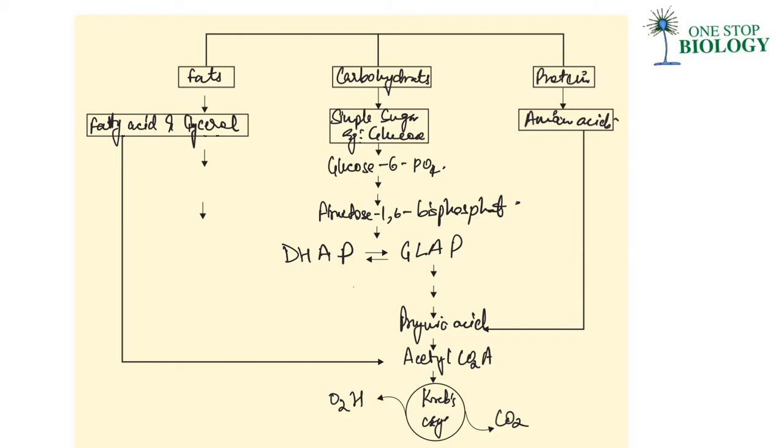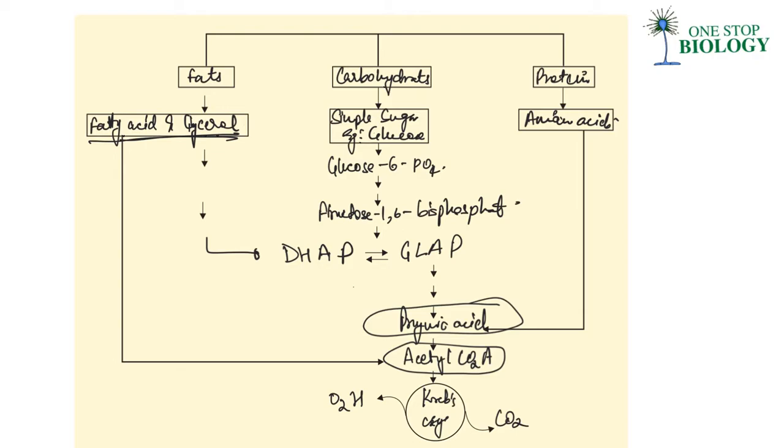So basically what is happening is this fatty acid and glycerol is also getting converted as acetyl coenzyme A, remember this, and amino acids also are involved in the formation of pyruvic acid. So there is breakdown and synthesis of various products in the in between pathway, right? This is going here again, right? That is why we consider this entire process as an amphibolic process.